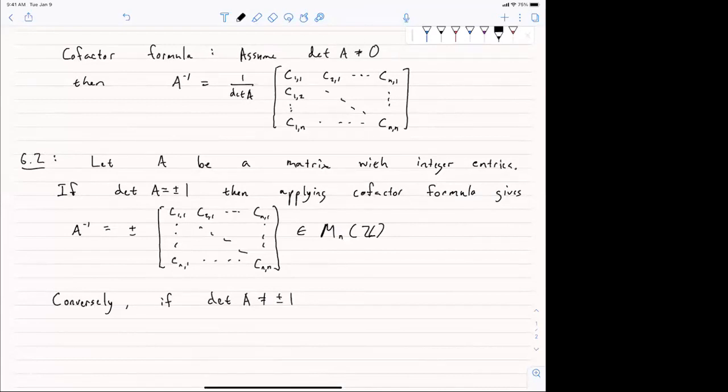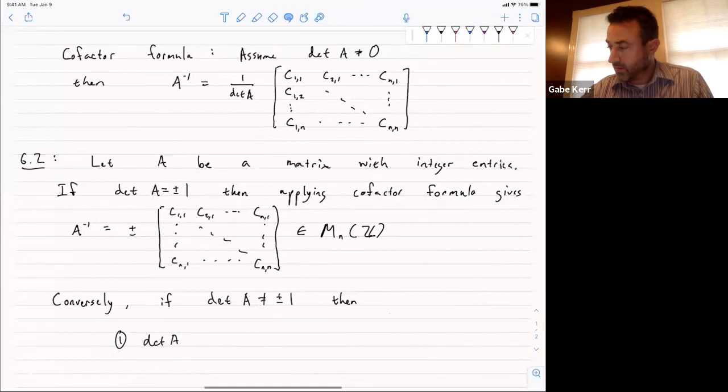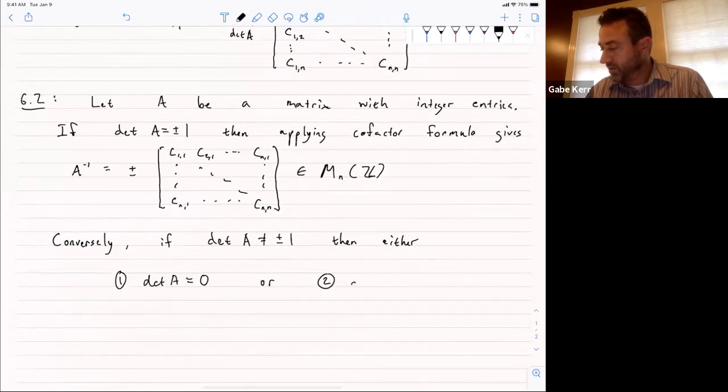Okay, the first thing is it can equal 0. But now, let me write it this way, then either 1, the determinant of A equals 0, or 2, the determinant of A